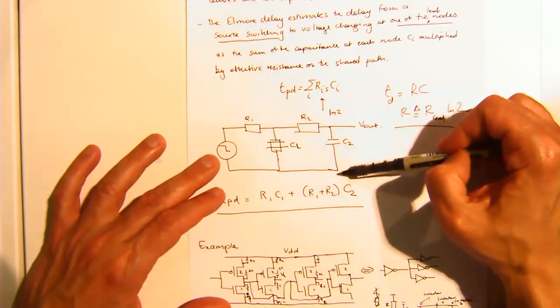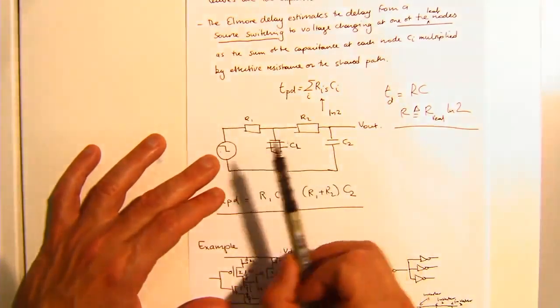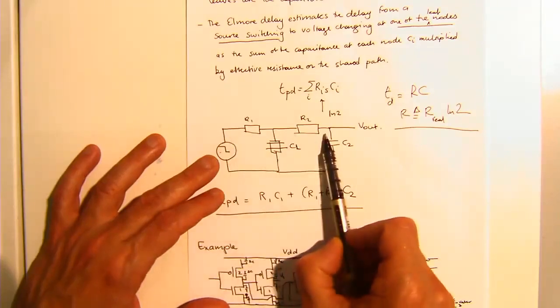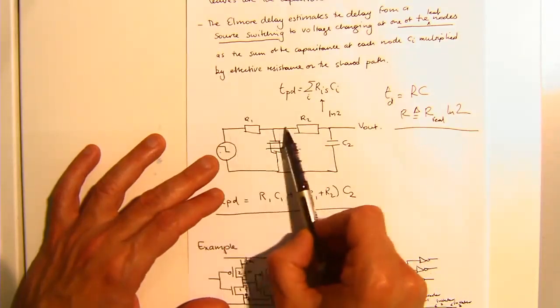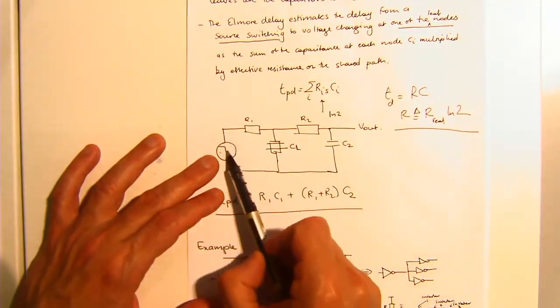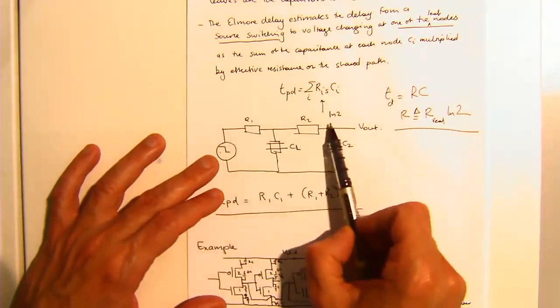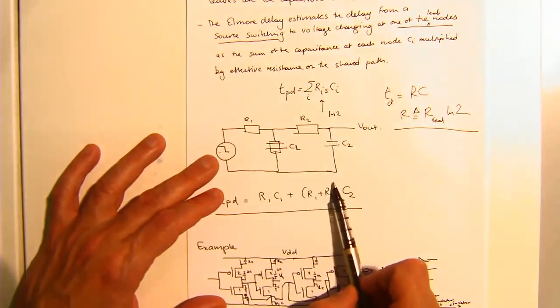So it's all the resistors that you see. You break this up into sections, and it's the total resistance in the path